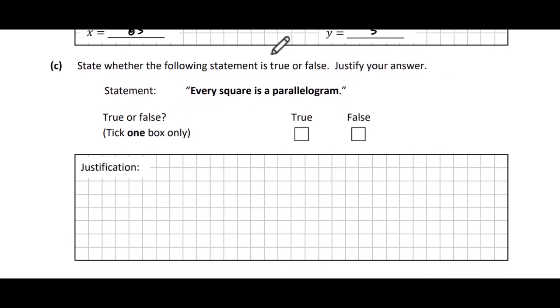Now, next one then. State whether the following statement is true or false. Justify your answer. Every square is a parallelogram. Well, that's going to be true. And the reason for that is that in a square,